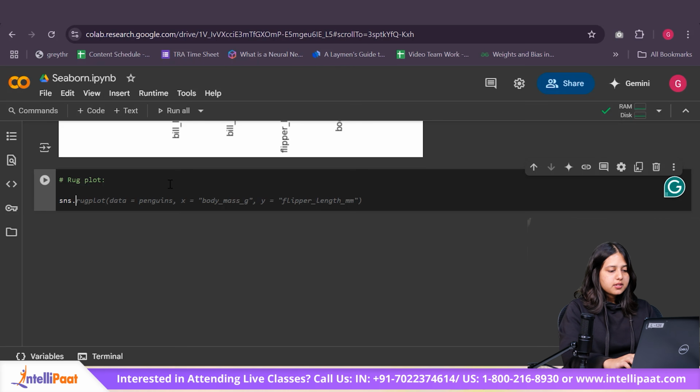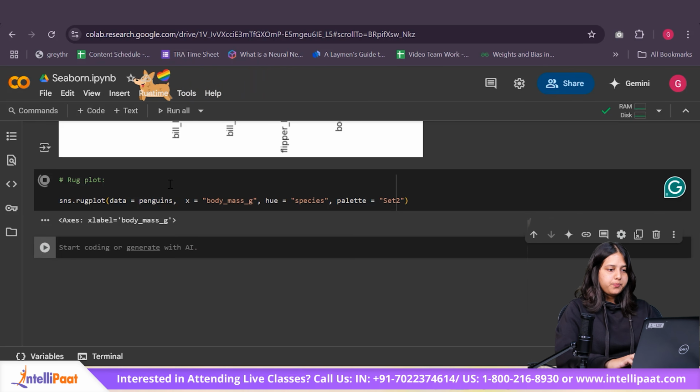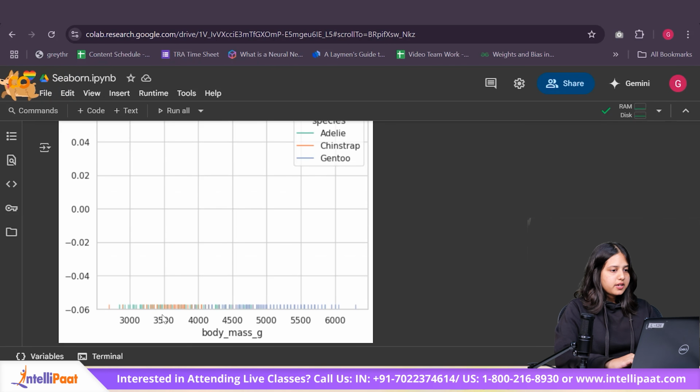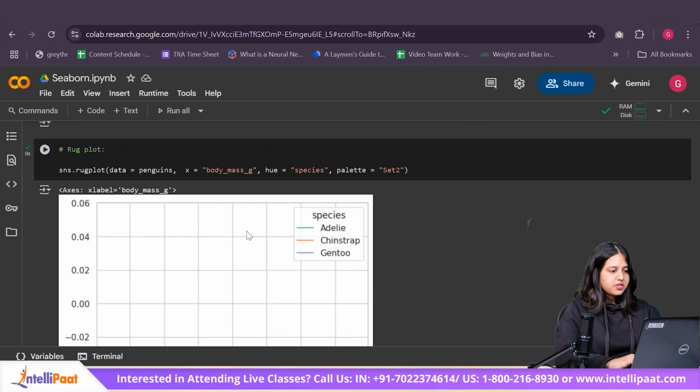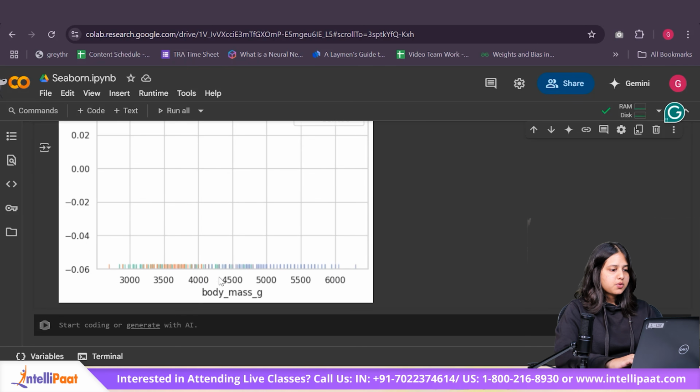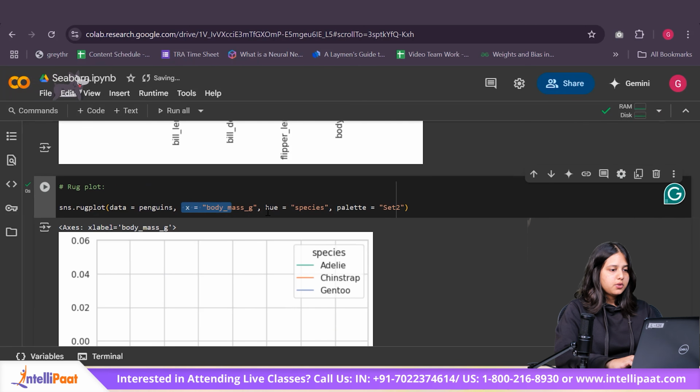To plot a simple rug plot, all you have to do is say sns.rugplot and pass your data, which is penguins, and your x variable. I'm going to set my palette to Set2, and once I run it, you can see these are my lines representing the different species. I have passed my x variable as body mass and my hue is species.